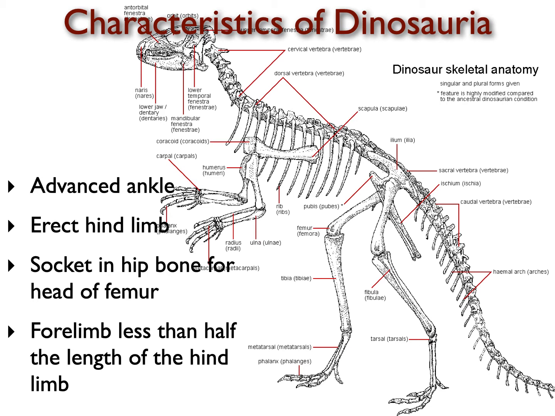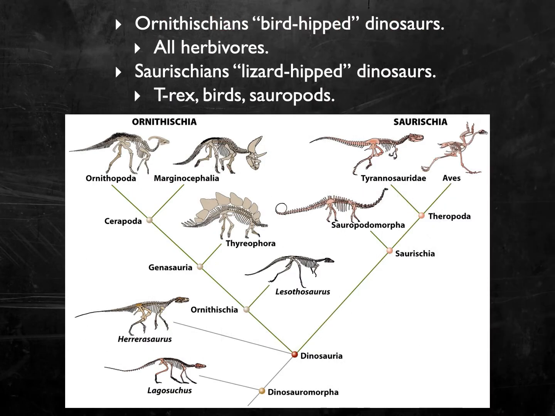The other big characteristic you'll notice here, and I mentioned this earlier, is that their forelimbs, their front arms, are less than half the length of the hind limb. That's not perfectly true for every single dinosaur, but if you look at all of them, you're going to see that their front limbs are considerably shorter than their rear limbs. It's noticeable. So when we look at the whole tree of these groups, and this is just one way to lay this out,